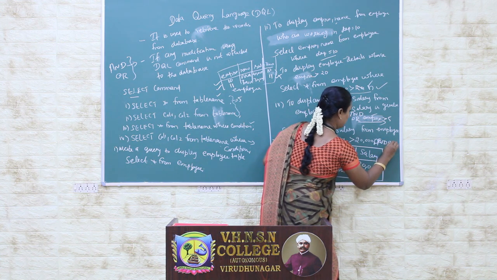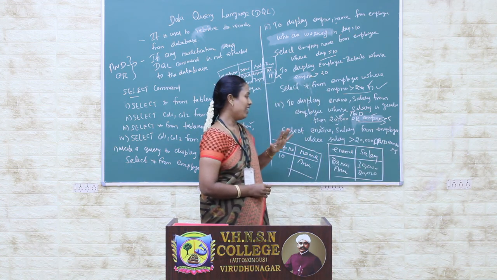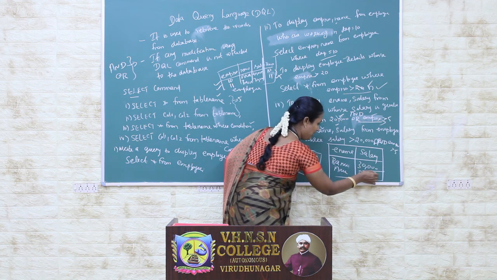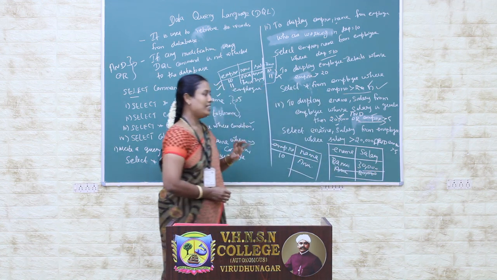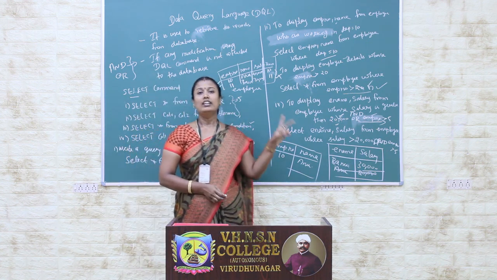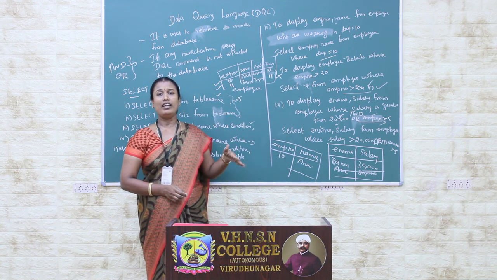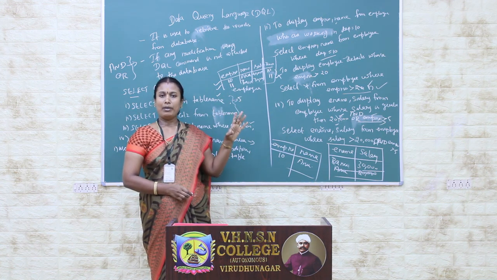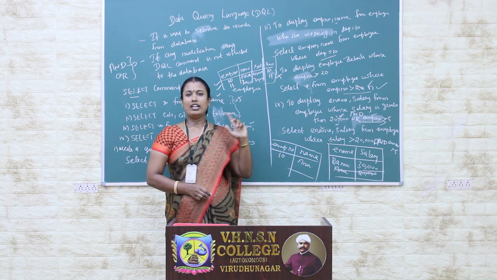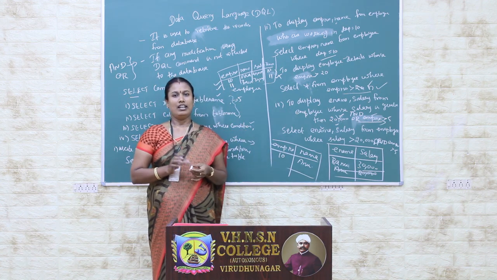For example, here I can mention AND EMP number greater than 5. After that, which record goes to the resultant? Only the first record, and this one is removed. Okay, can you see the difference between AND and OR? Whenever you go for the AND condition, both conditions must be satisfied. Then only can you get the resultant query. Whenever you use the OR command, you specify two conditions, but using the OR operator, any one condition can be satisfied. Okay, thank you students. We will see you in the next class.